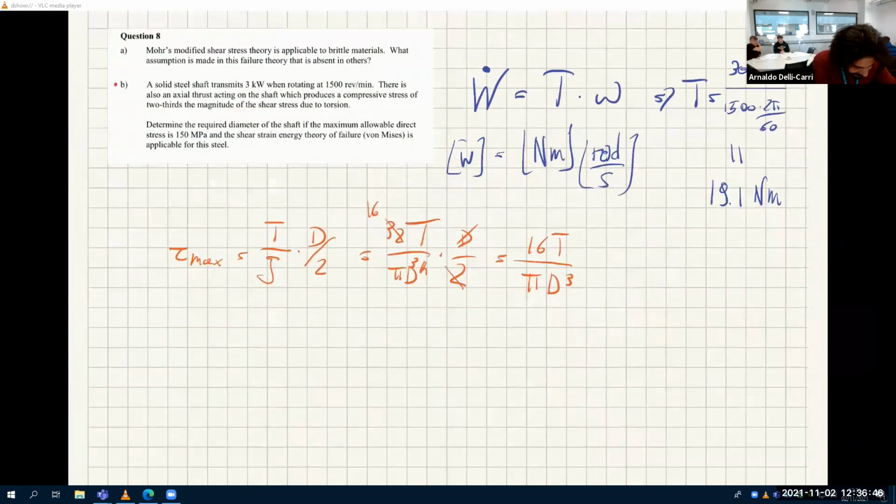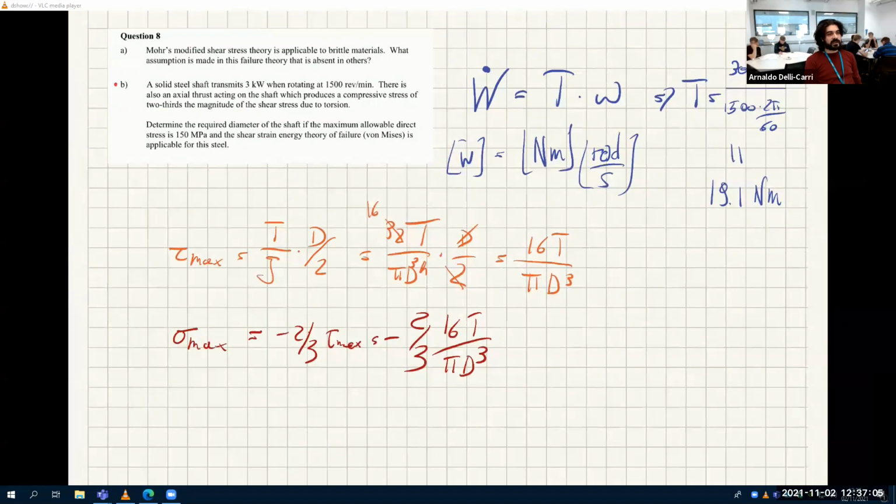But we know that sigma max is negative 2/3 of 16T divided by pi d cubed. Agreed? And so I can also say that this is 32 divided by 3, and let's do this. It's minus 32 divided by 3 T pi d cubed. Okay, now,